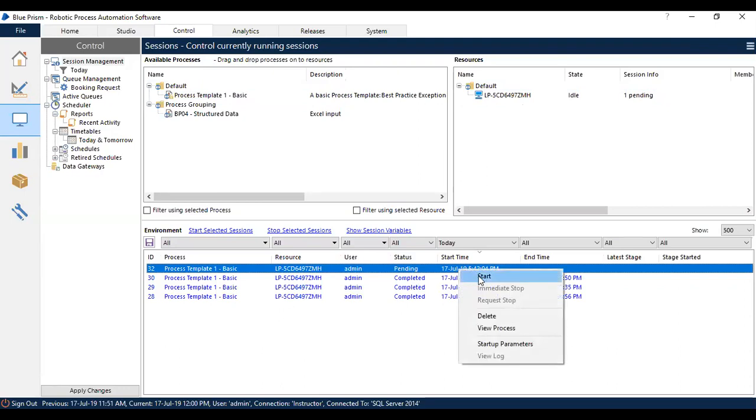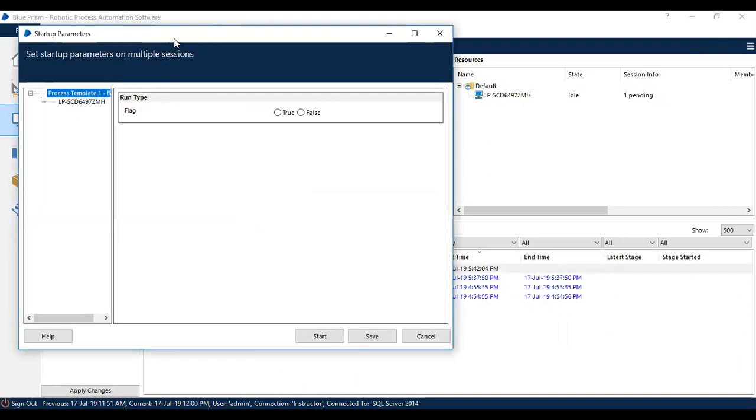Right click and click start. Either you can choose start or you'll have the startup parameter option. Earlier you might not have had this option enabled because you didn't have startup parameters defined. Now that you have added the startup parameter, that is the reason this option is enabled. So you can choose startup parameter or start. We'll go by the normal way, which is start.